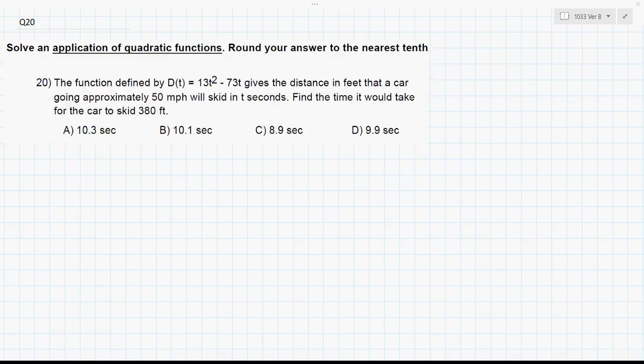20. Solve an application of a quadratic function. Make sure to round your answer to the nearest second, or tenth of a second, I'm guessing is what it says. I can't read my part there. All right, so the function is defined by d of t is 13t squared minus 73t, gives the distance in feet that a car going approximately 50 miles per hour will skid in t seconds. Find the amount of time it would take for the car to skid